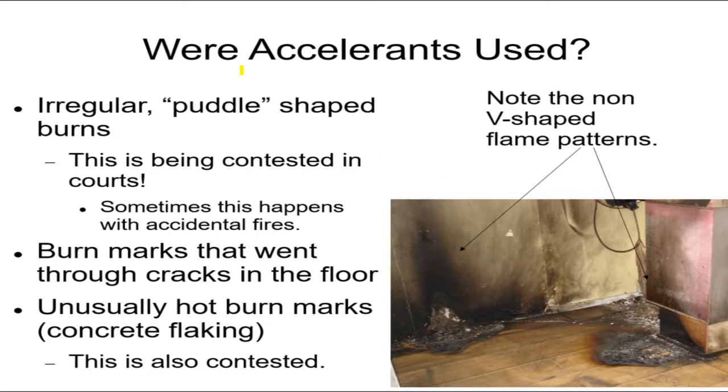So how do we know if accelerants were used? That's actually a good sign that it was arson. One of them is they see strange shapes of burning on the floor. Open floors are not that flammable, but you see a lot of burning occurring in a puddle shape. That's a sign that someone put a puddle of gasoline